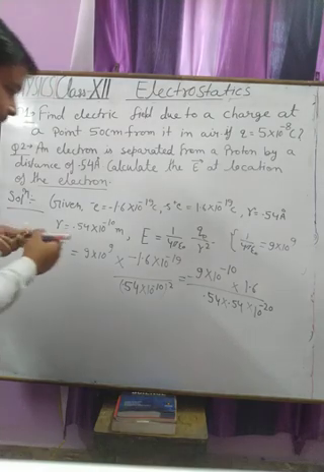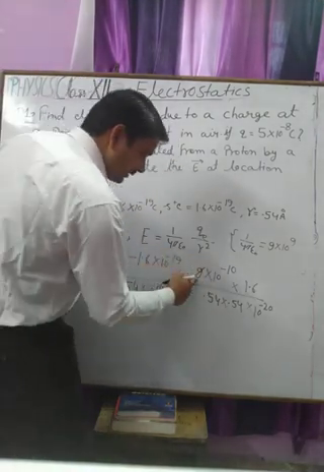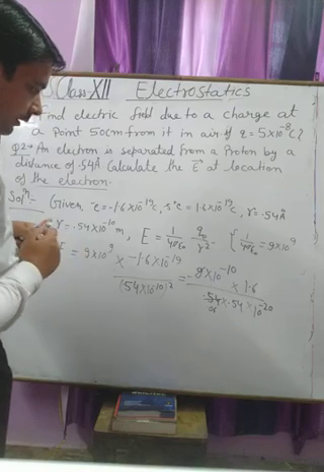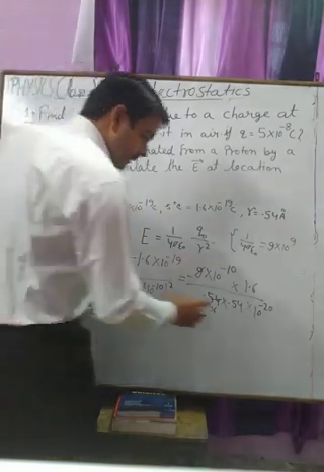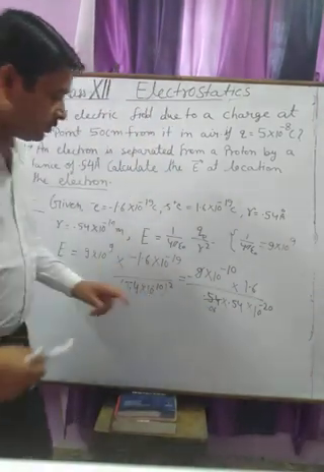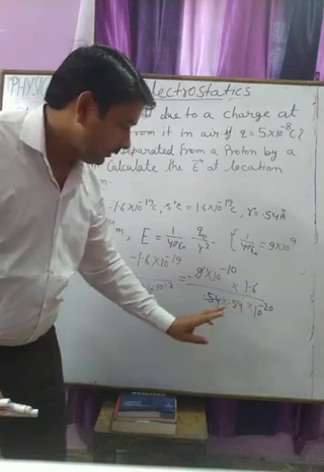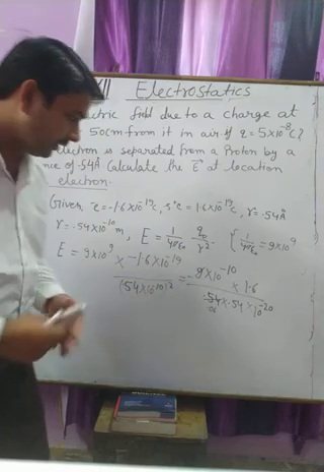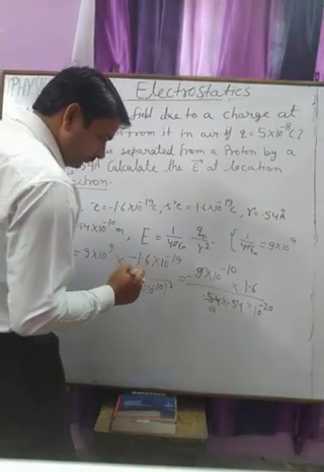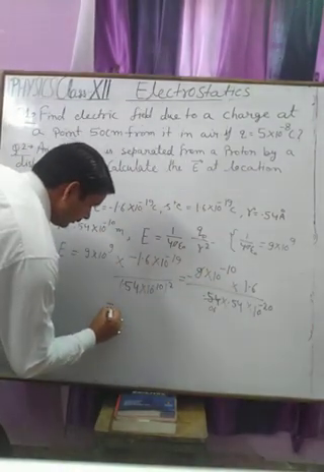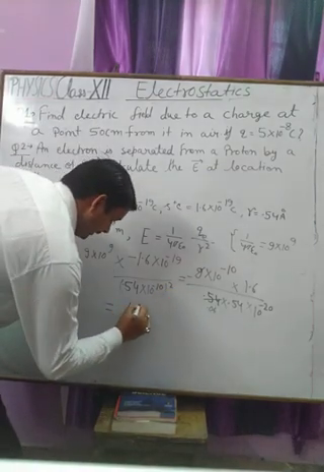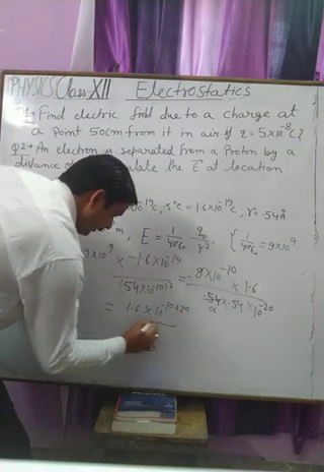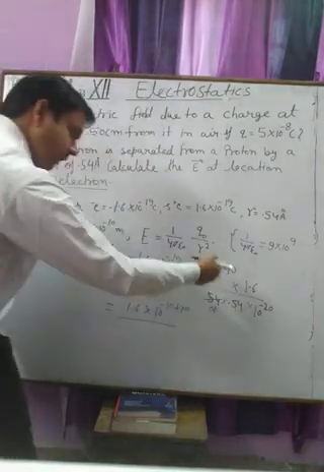Okay, now by cancelling this 9 by this 54, we are getting 0.6, and when we multiply 5 into 6, 5 into 6 becomes 30, so this value becomes 1.6 into 10 to the power minus 10 plus 20 upon